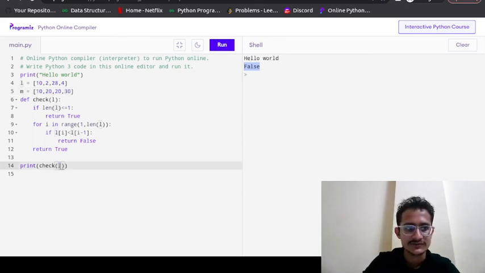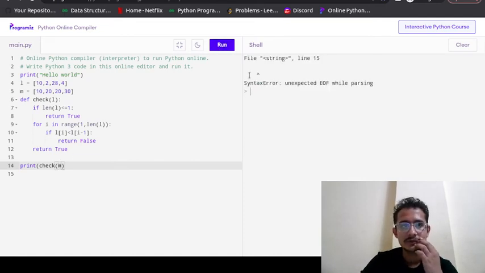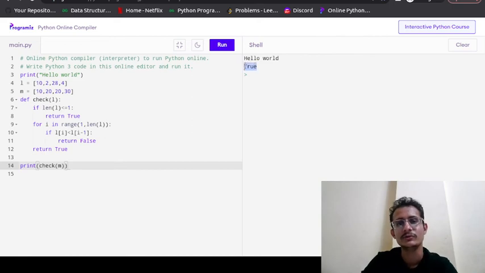This time, instead of checking L, I will check M. I am getting a syntax error in line number 15, because one closing bracket was removed by mistake. So we are getting true, as it is non-decreasing.